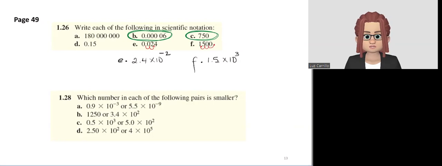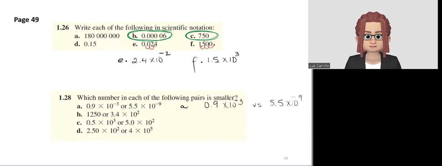Let's now do problem 1.28. It asks, which number in each of the following pairs is smaller? The numbers are given to you in scientific notation. So if I need to compare the two numbers on letter A, which is 0.9 times 10 to the negative 3 versus 5.5 times 10 to the negative 9, I can take those numbers and change them from scientific notation to the